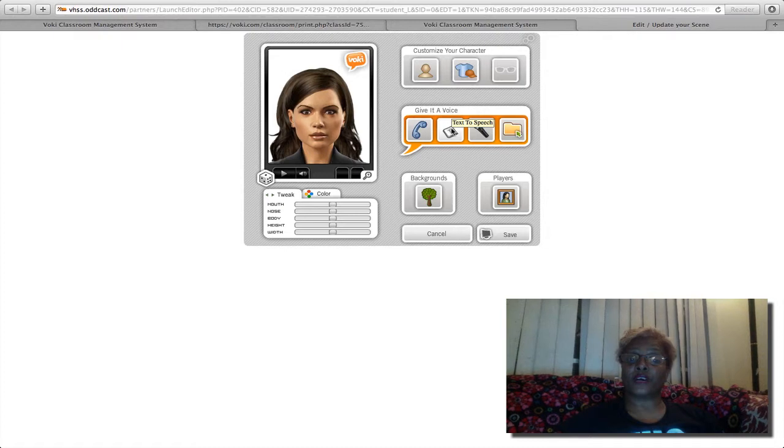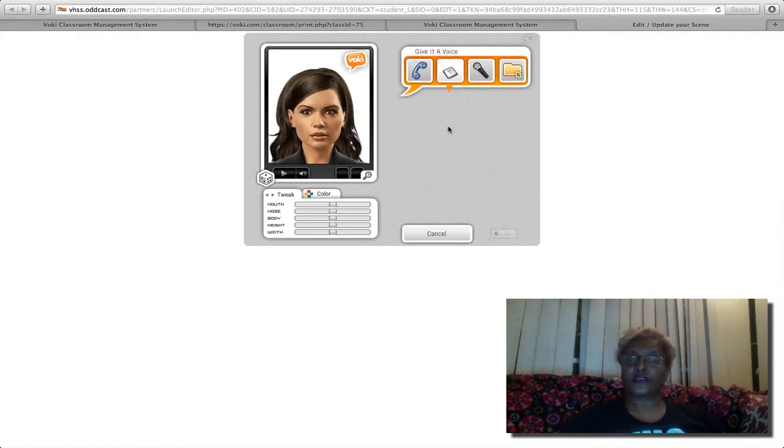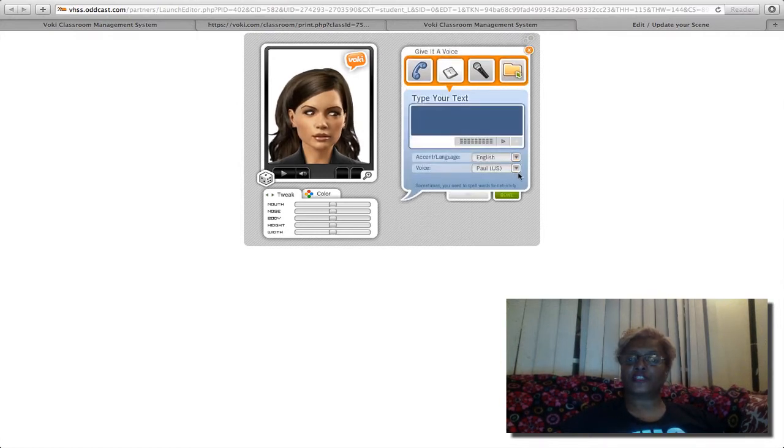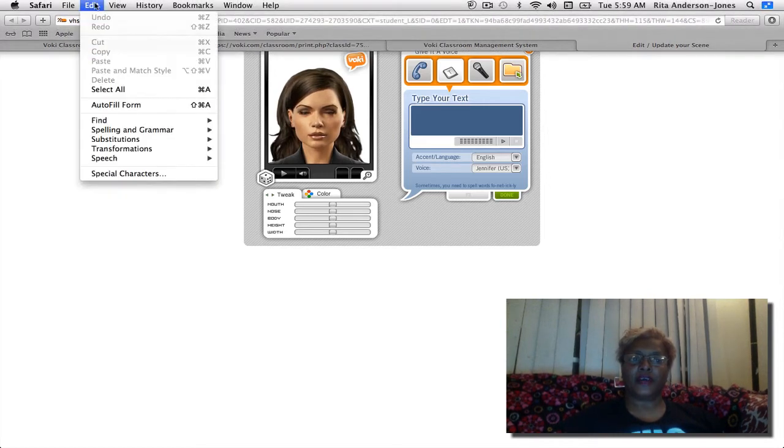When we're out for the Christmas break, if you don't have a chance to do your Voki, you can create it at home, and you can use the telephone to record your voice, or you can use text or speech or a microphone. I'm going to click text or speech, and you want to make sure you choose an English voice. There are different voices you can choose. That's English, but it says Paul, so that's a man's voice. I want to choose Jennifer,